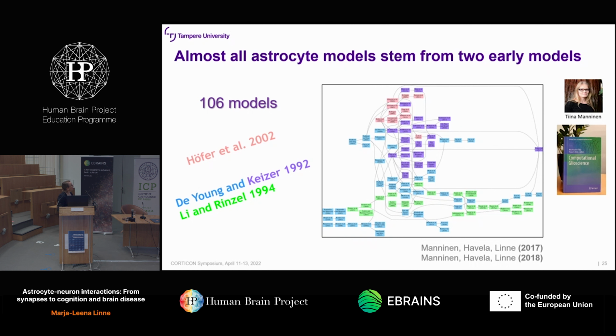One single color represents one type of model, and basically all the models are the same, the parameter values are the same, and they try to explain with those models different aspects of brain activity and disease and so on. So we conclude that this field is at a very beginning, and it has not really developed. These models are used to produce papers, but they are basically using exactly the same model, and it's not explained how they are changed to explain something completely different in the brain.